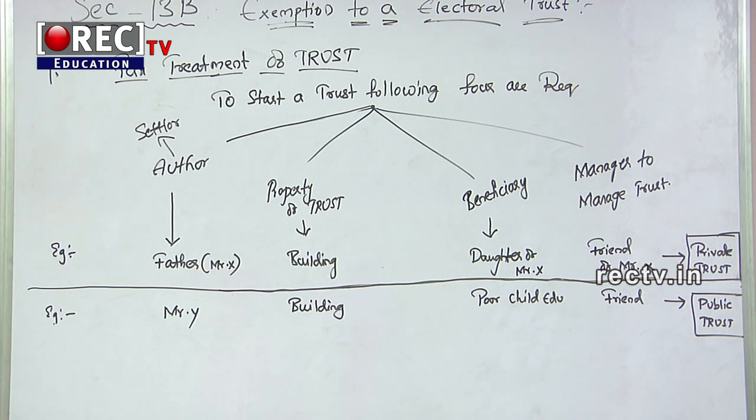A trust is not said to be charitable if it restricts its operation only to a particular religion or caste. It means that the benefit should not be given to only a particular religion or particular caste. The benefit should be given to all. However, in the following situations, there is a restriction allowed: the trust can be started for the benefit of SC and ST, only for the benefit of children, or only for the female group. So these are the restrictions allowed.